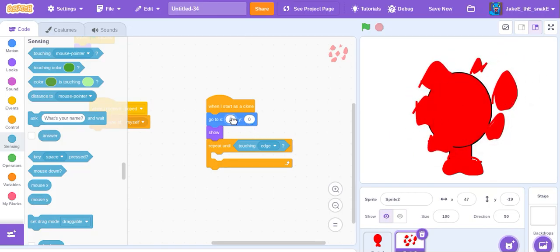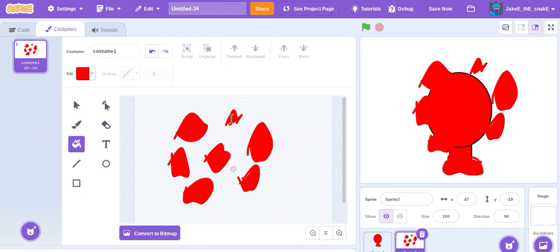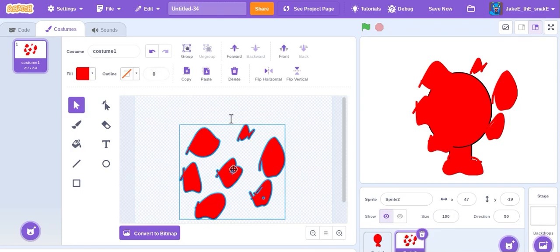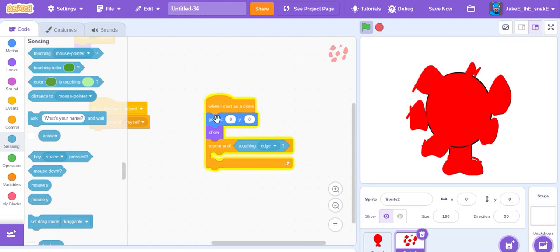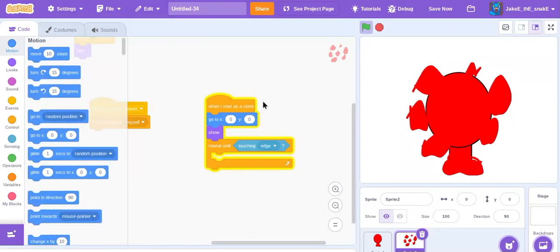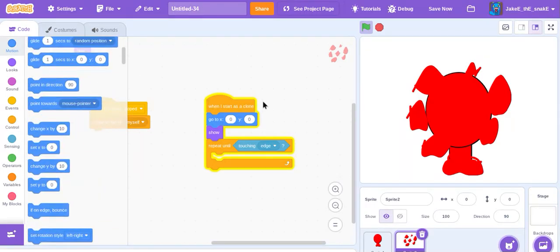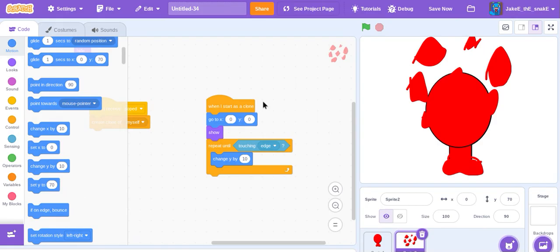I should probably set it instead to 47, and then minus. Actually, I could probably set it to 0, 0. All I have to do is put the center of the in the center, and then we quickly run this. Yeah, that looks good. And then we're going to want to change y by 10, and then I'll change y